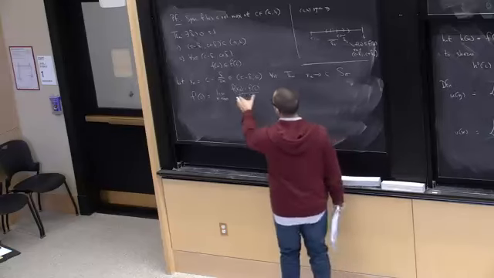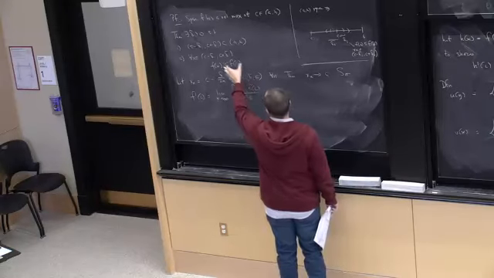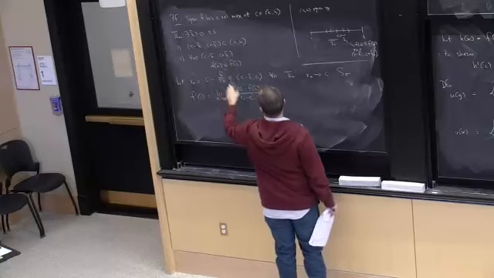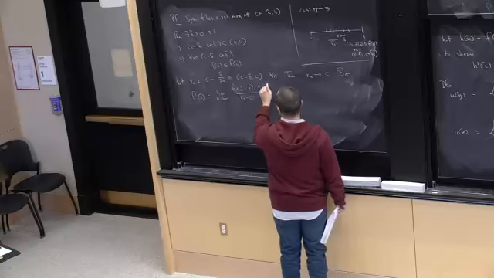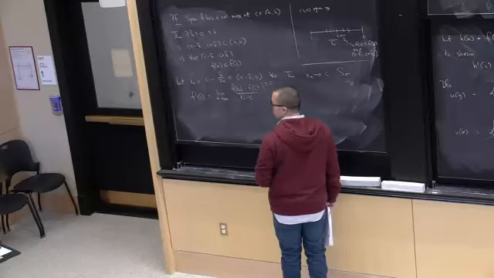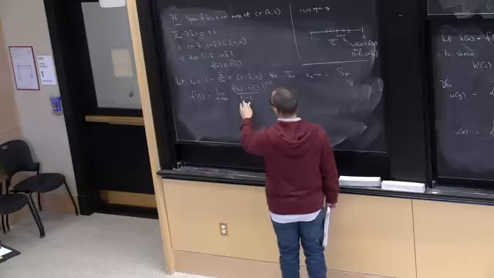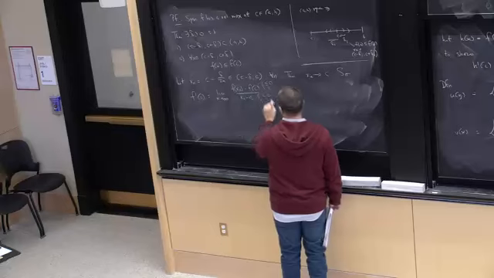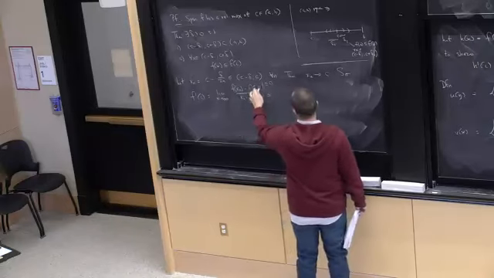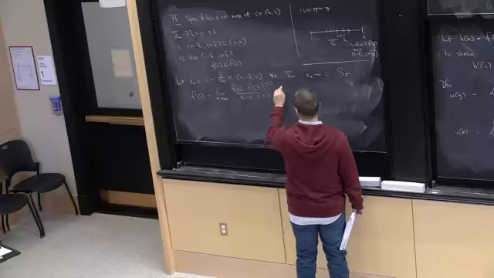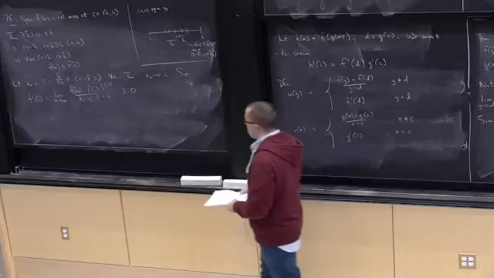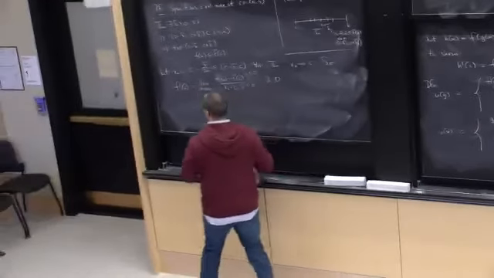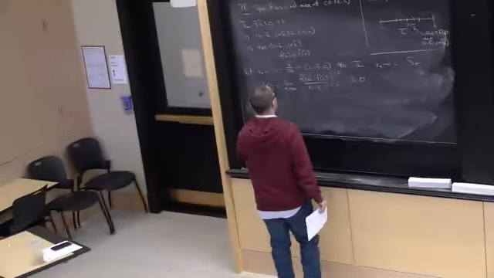Now, what do we note? x_n is in this interval here, which is contained in this interval here. And therefore, f of x_n is always less than or equal to f of c. So what's on top is always less than or equal to 0. Now, x_n is always less than c, so this thing on the bottom is also less than 0. And therefore, something that's less than or equal to 0 on top over something that's less than 0 on the bottom must be bigger than or equal to 0. So that's approaching c from the left.